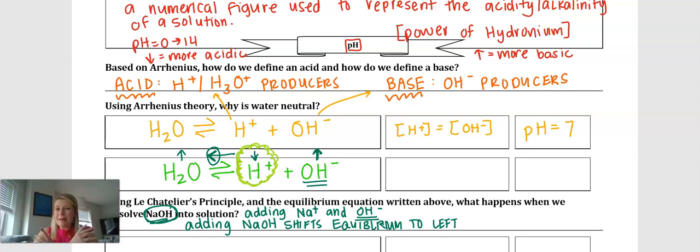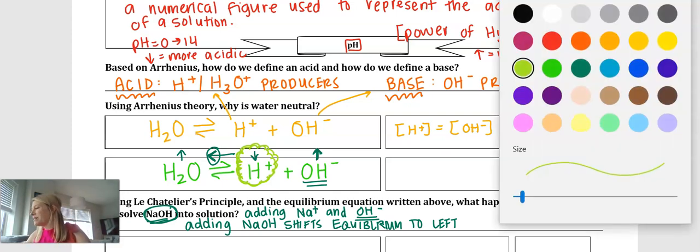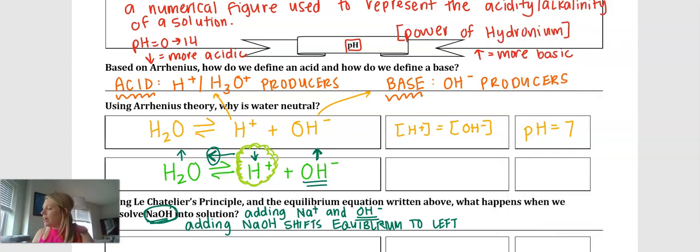So what does that mean now? We used to have equal parts of OH and H plus, but now that we've disturbed that, which one do we have a greater concentration of? OH minus or H plus? Since our H plus is being depleted, our concentration of OH is now greater than our concentration of H plus,